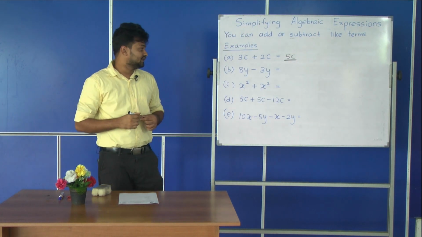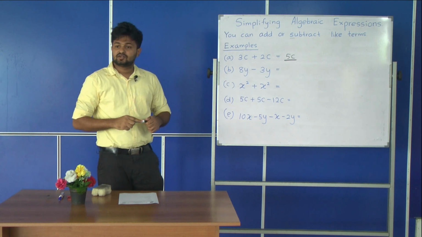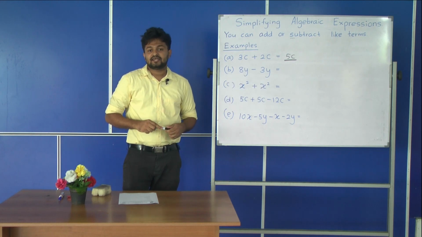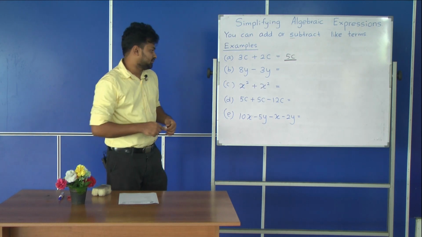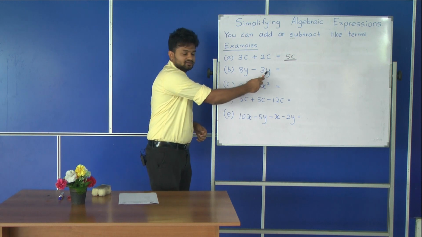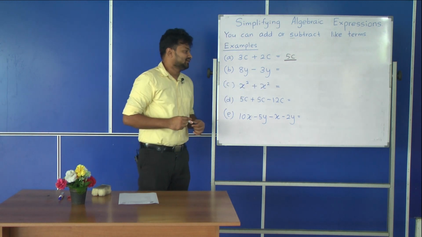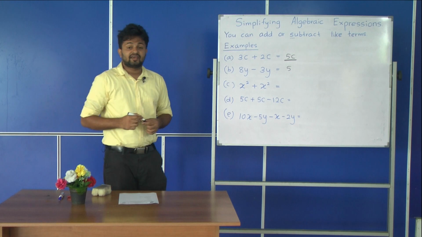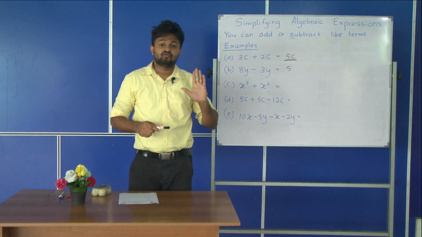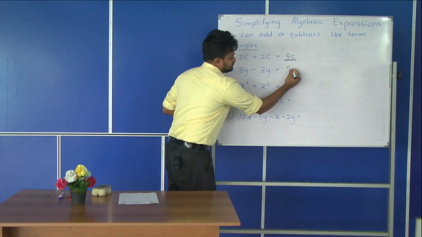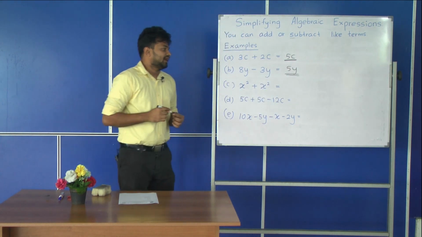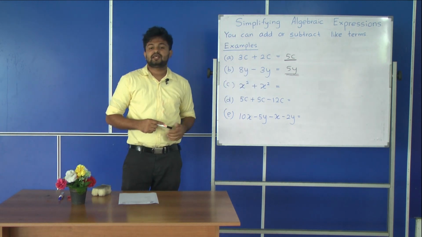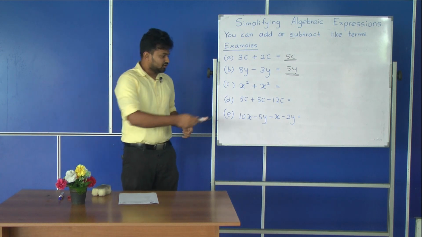It's really simple. And take a look at the next example. Although it is minus, still it's easy. You have the same letter once again, that is letter y. 8y minus 3y. So you know the answer, 8 minus 3, once again the answer is 5. And it's not just 5 alone, that is 5 y letters. And that was easy because you had the same y in both. They became like terms.